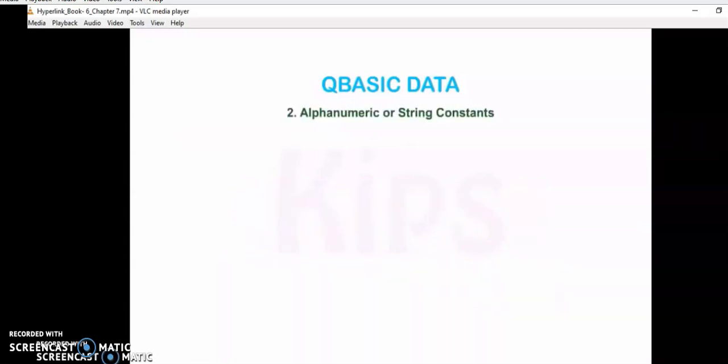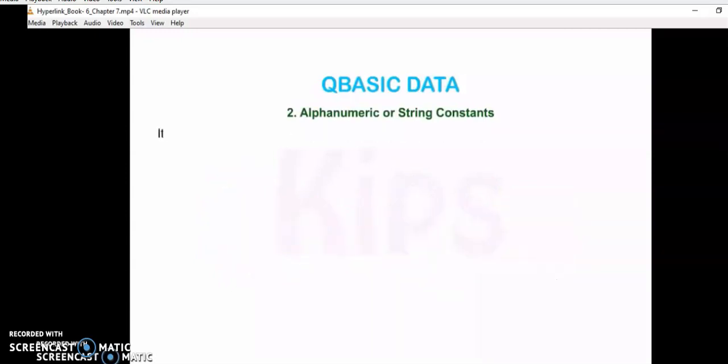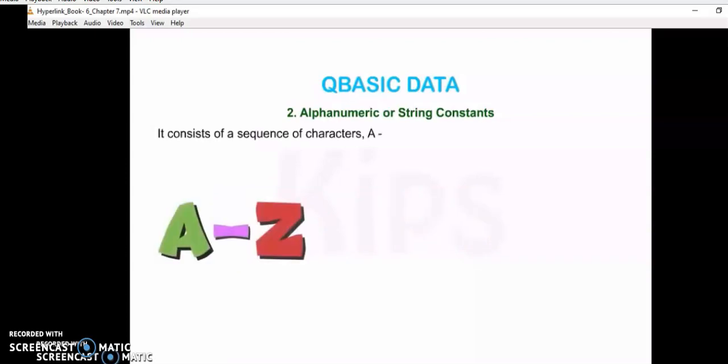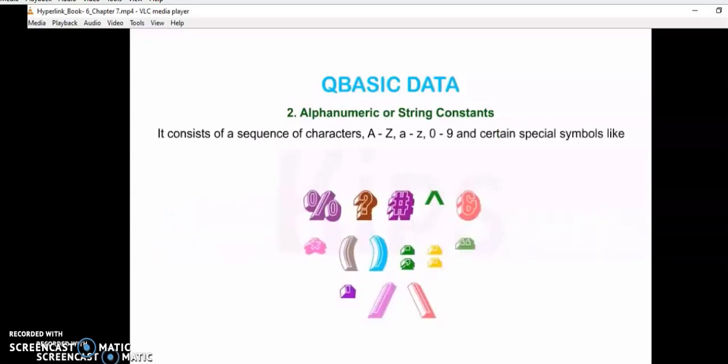Secondly, there should not be any special characters. The second type is alphanumeric or string constant. Alpha means alphabets, right? So alphanumeric means it can contain alphabets as well as numbers. A sequence of characters like A to Z, small a to z, 0 to 9, and all the special characters will fall under alphanumeric or string constants.